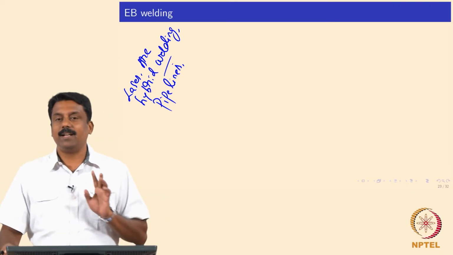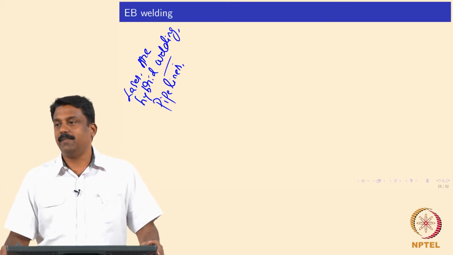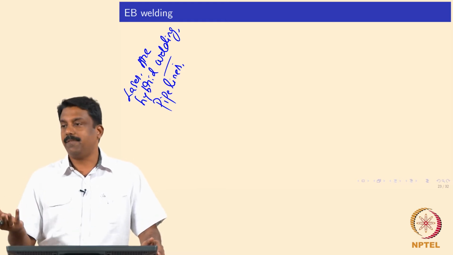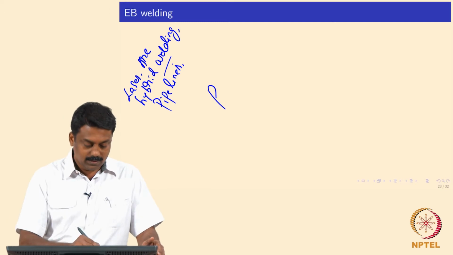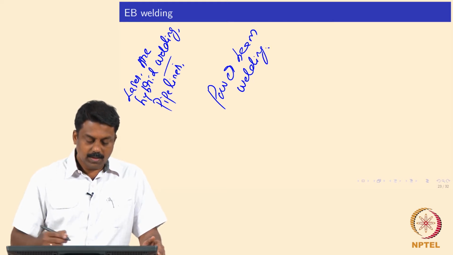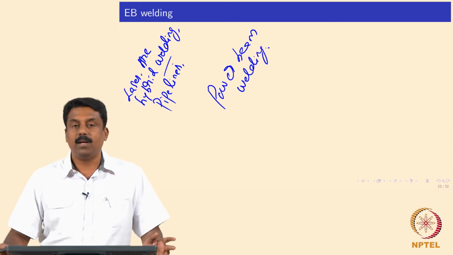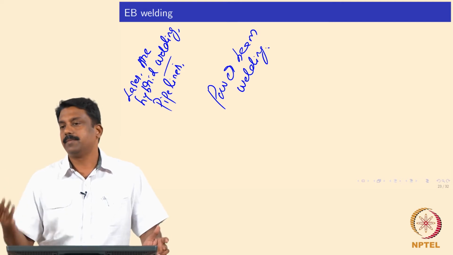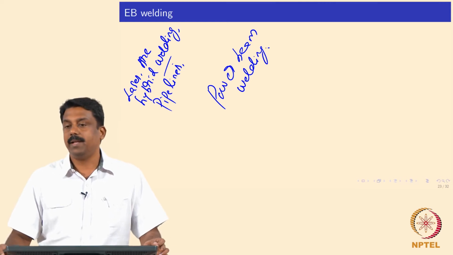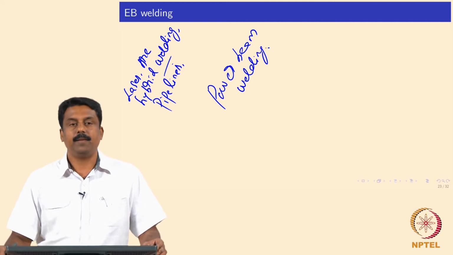Then we looked at electron beam welding, the first slide we looked at. Electron beam welding is another type of power beam process, right. But in electron beam welding, compared to laser, the power density of the electron beam is much higher, right. So we can make use of the high power to make very precise narrow bead welds for various applications in electron beam welding, right.